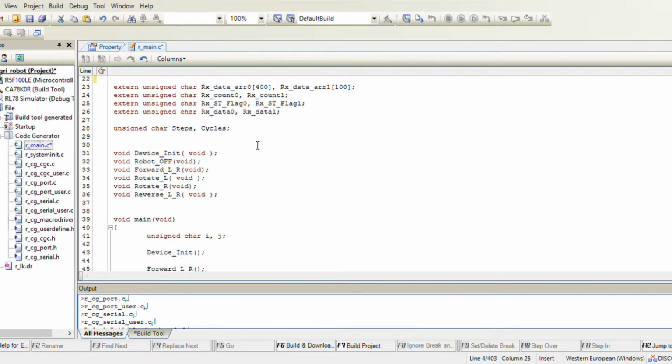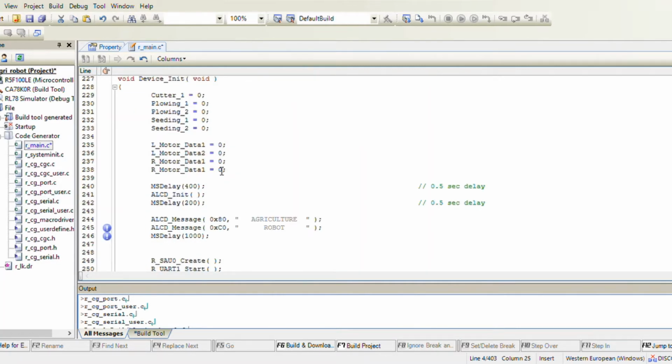Now coming up to function declaration, there are 6 function declarations which have been declared. The first is to initialize the device. This is the definition of device init, which will initialize the device. We can see that all the variables are assigned as 0, which makes sure that it will be switched off at the starting point, and all the motor drivers or the motors are also initialized to 0 with some